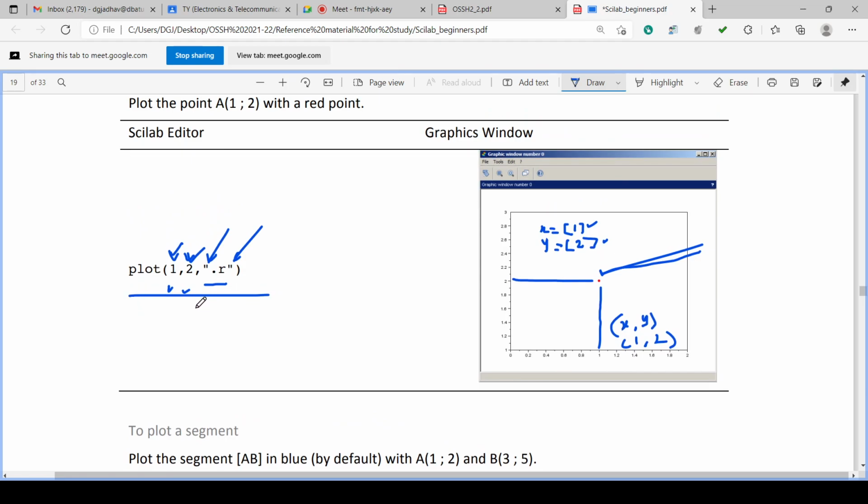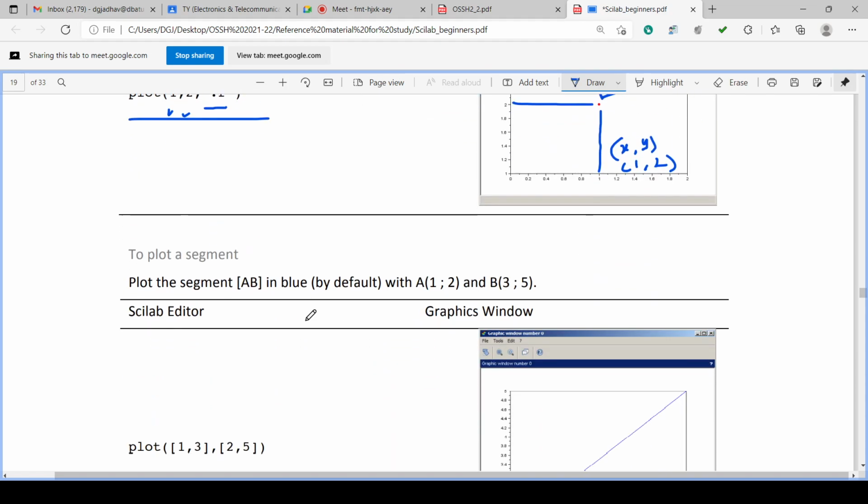The command is plot, into bracket, x value, y value, dot. Now here one x and one y value is given. Instead of that, we can give the vector of x value, vector of y value, but the vectors should match, because how many elements are there in x, the same number of elements should be there in y, otherwise it will give error. Suppose 5 x coordinates we have given, the length of the x vector is 5, then the y vector must have the same length.